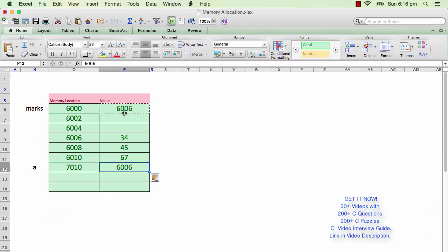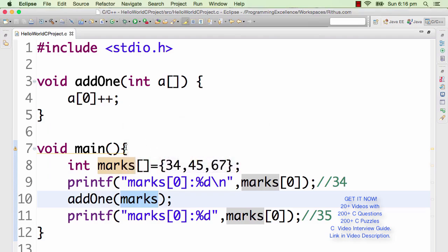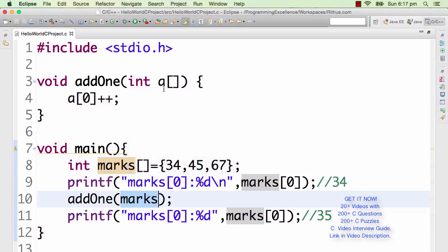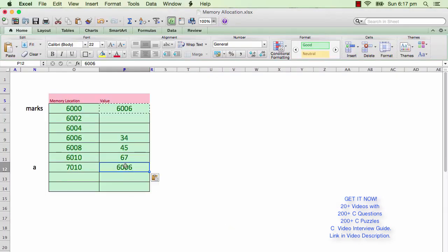That's where the array is stored in memory. So what gets passed here is not the entire values in the array, but only the location of the first element of the array. That's 6006. So that's what gets copied over. So A gets the value of that. So what would happen when I do A of 0 plus plus? It goes to the first element of the array that's pointed to here, 6006, and it increments this value 35